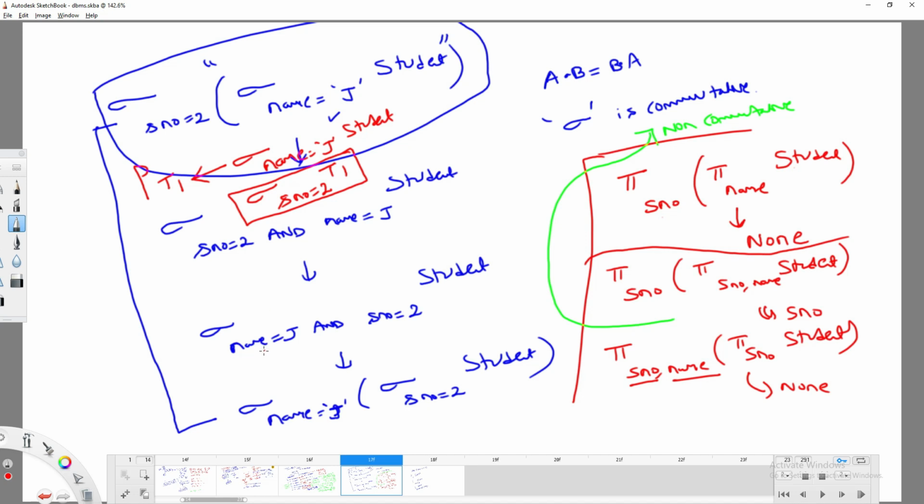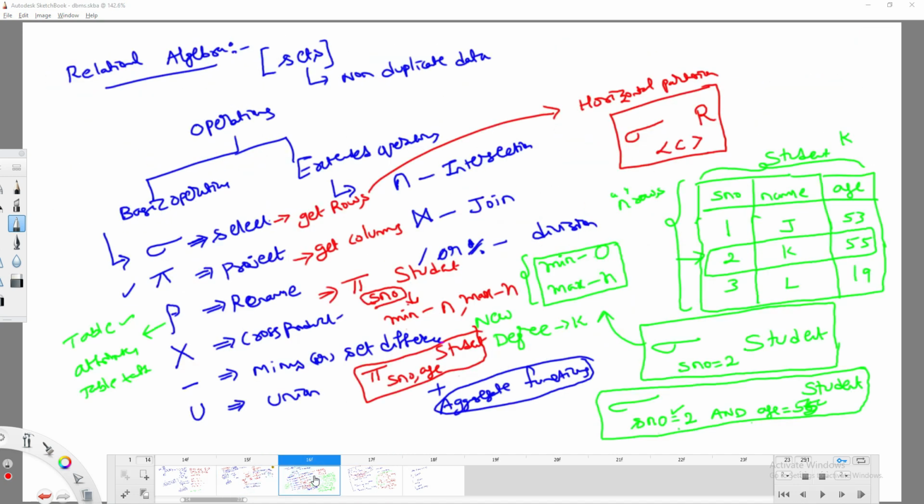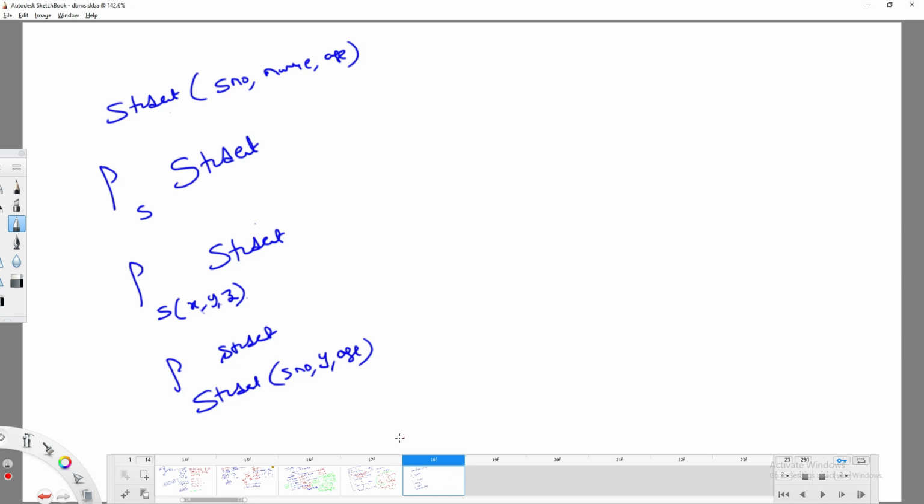Okay, now we're done with the rename also. Next thing, you can go with the cross product. Before going with cross product, let me go with minus. What is the meaning of minus? Simply, I can call it set difference. So basically, if you are going to have